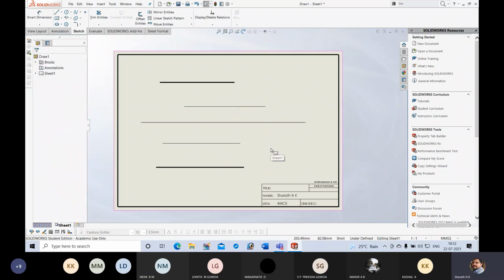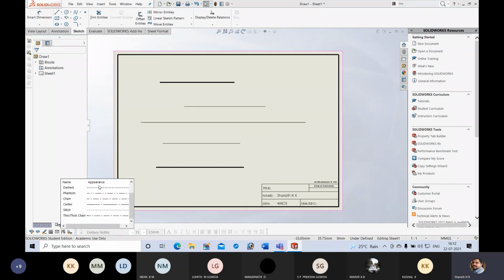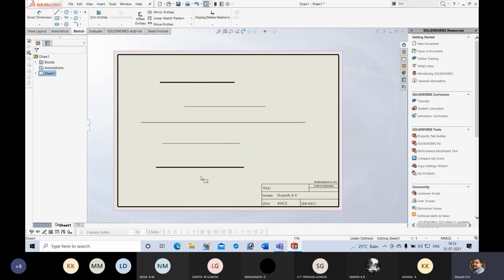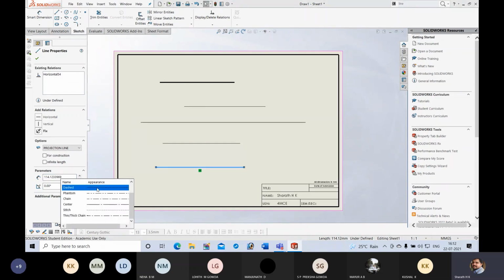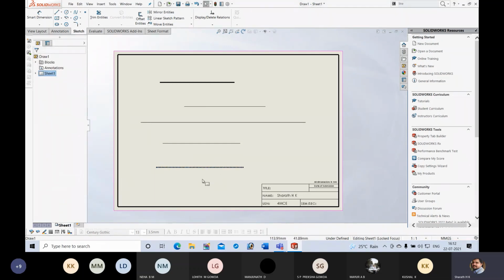Next, one more important line command is types of lines. That is also available in the line format toolbar itself. Here in line style, you will get dashed, chain, and continuous, which will be the default one. If I want to change a continuous thick line into dashed thick, first I should select this line. Next, I will select dashed. Now it becomes dashed thick.